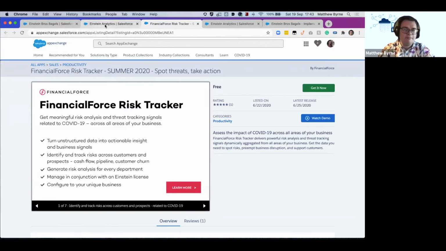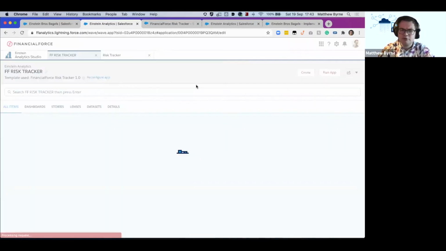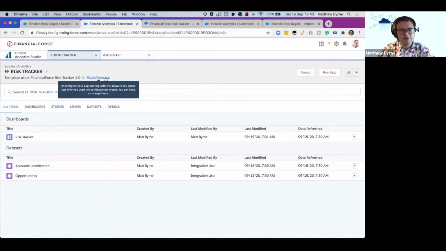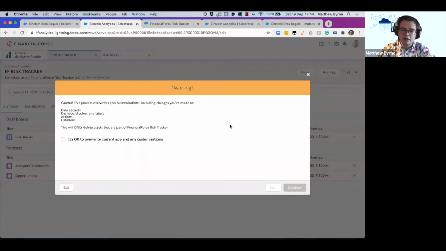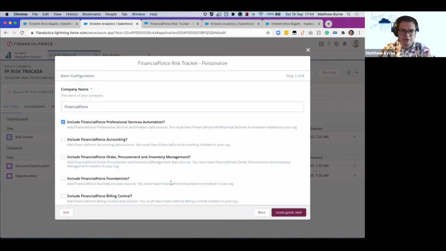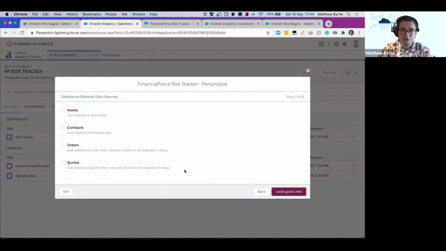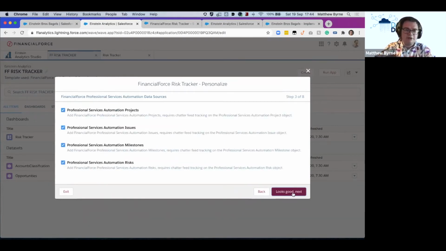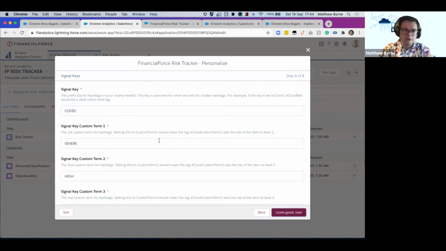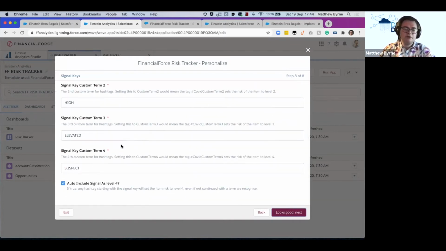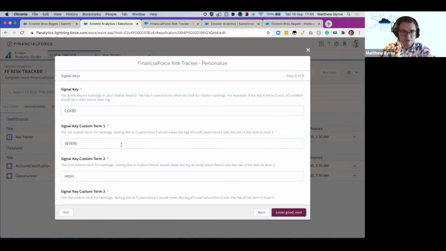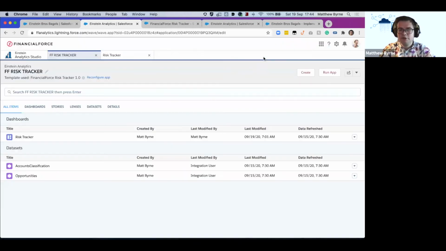Now, also through the configuration, when you're going through that with the wizard, some of the things we've said is just to allow you to determine which objects you want to include within that tracking. And not only that, where I had different tags before, and you can see I can include different items, maybe assets and orders from CRM data and the professional services stuff, because I chose that option. We can choose the different chatter tags that we want to use within our business as well. So we've tried to not make this very tied down.